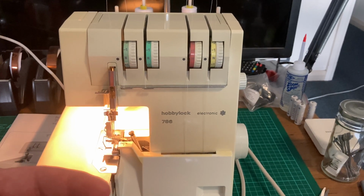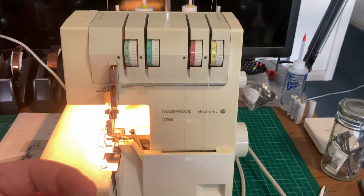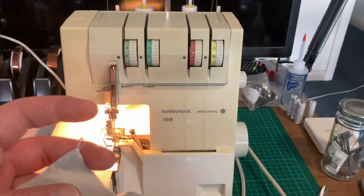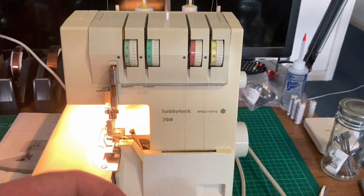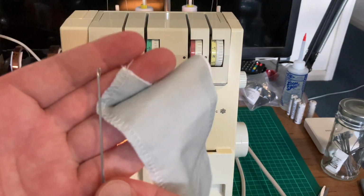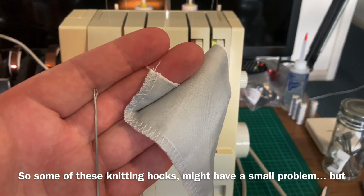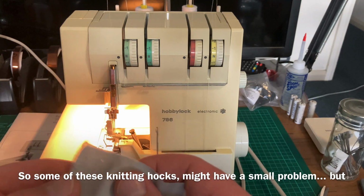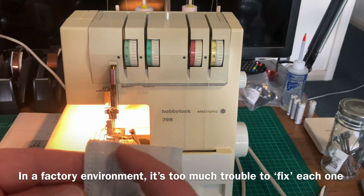Now, I have seen some people online use things like large needles. Me, on the other hand, I got these from work. This is from a knitting machine, and it's a... Yeah. But effectively,